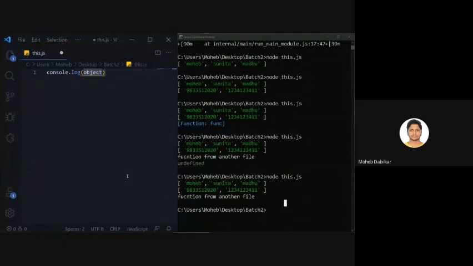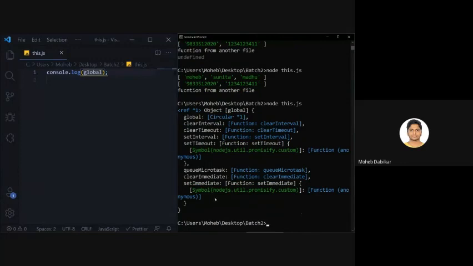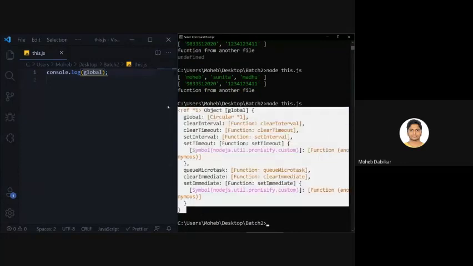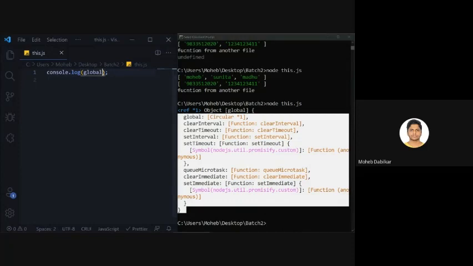Once I go over here and console log global, this should not work. Yeah, okay, it does work. Now you see we are limited to just small things. So we have global, clearInterval, clearTimeout, setInterval, setTimeout. This is because in Chrome there are many things to work around with. You have your window, then you have your document. There are many sub files, like your form and your div tags. But right now for your server, to keep it very light, you get the global object.